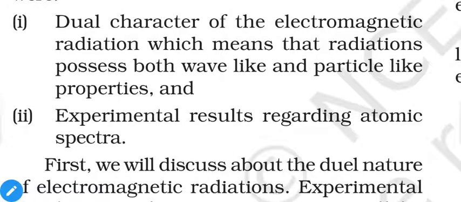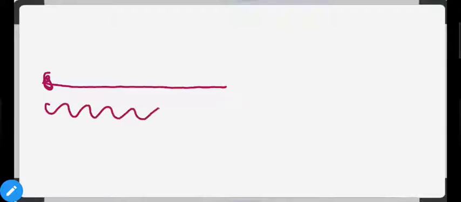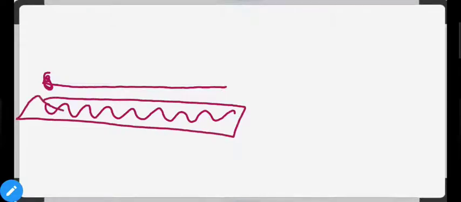Now the first point is, as we know, we can measure wavelengths of visible light, and each and every visible light has its own different wavelength. Now what is wavelength? First we need to understand what a wave is. Suppose we have a steady surface of liquid. When we disturb this surface, these types of waves will be generated. So this is a simple representation of a wave. Similarly, light also has these types of waves, and that's why we can measure their wavelengths. So what is the wavelength?